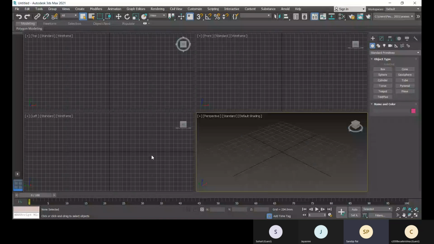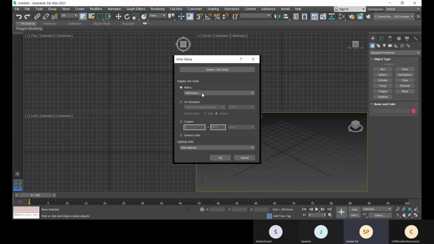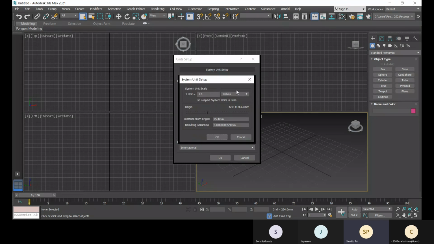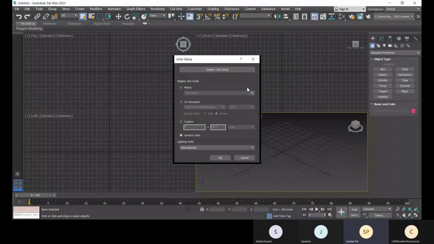In the previous class we learned how we can customize our unit setup. By default we have generic units, and the generic unit value is 1 unit equal to 1 inch. That is the system unit setup, and you can change it. This is an arbitrary unit system, and there are metric and US standard.